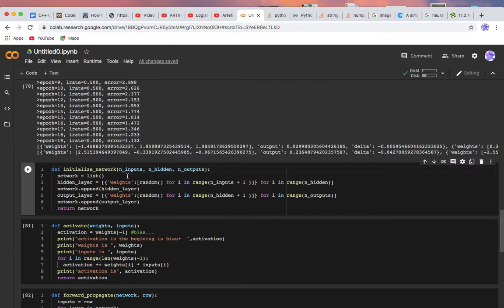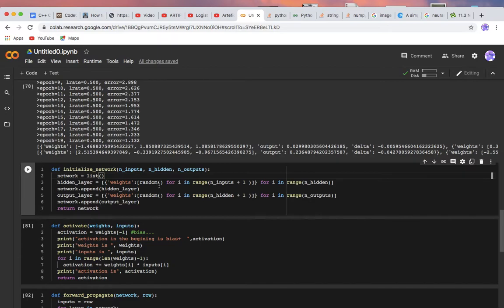So we get 2 1 2 here, you see. Okay, so the network will be a list, and then the hidden layer. So in the hidden layer, the number of neurons forms the weights. It will be random weights first of all, and there are reasons for having random weights. We'll explain that in another video.